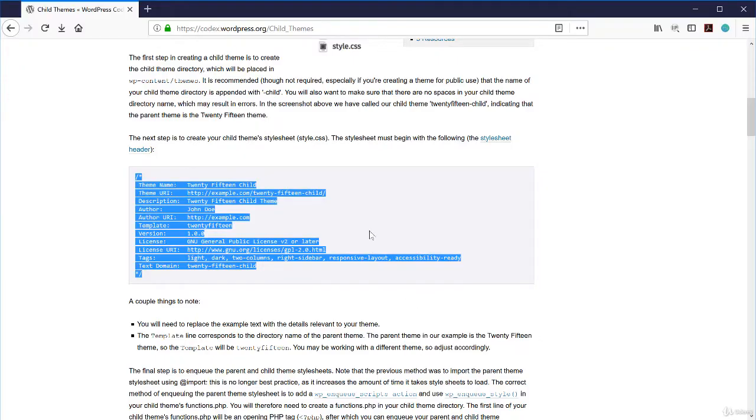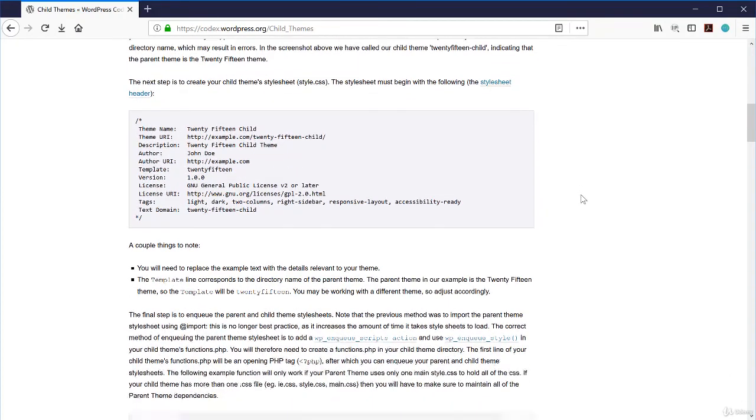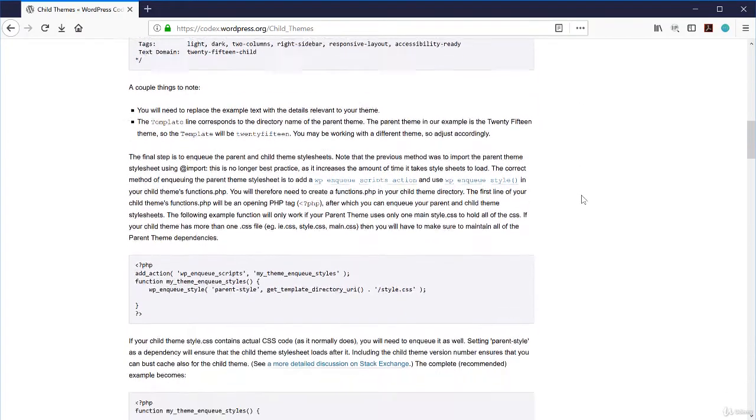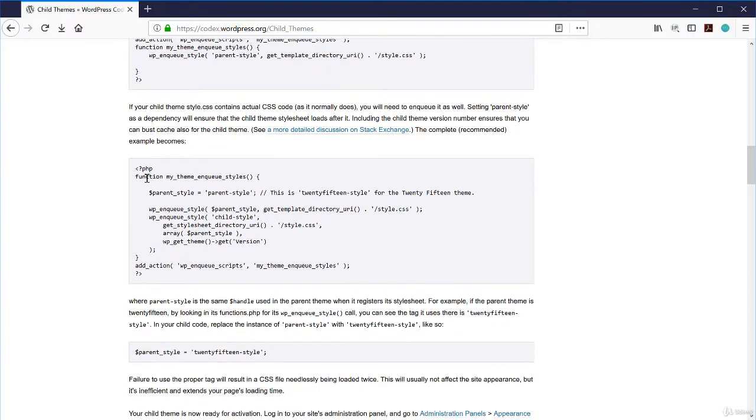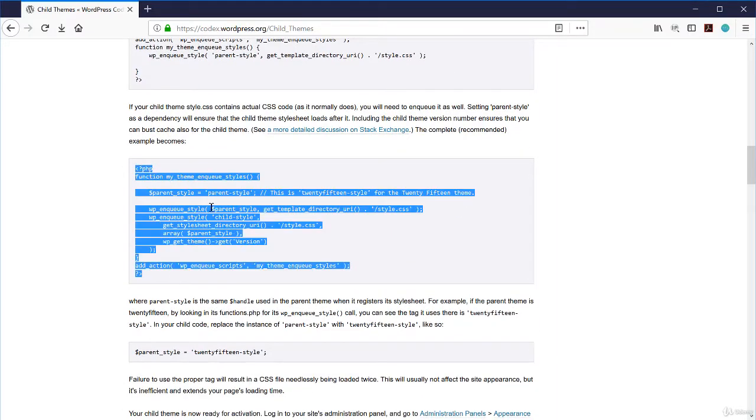Now, go back into the child themes page in the WordPress Codex, and a little bit lower down, there's actually two blocks of code that you could use in the functions.php. The first one isn't really useful as much as the second one. If your child theme style.css contains actual CSS code, as it says here in the document, you'll need to enqueue it as well. And so we're going to use the second larger block here in order to place that into